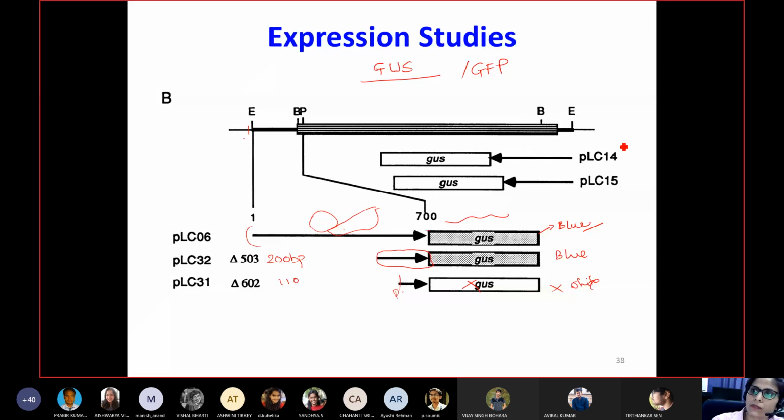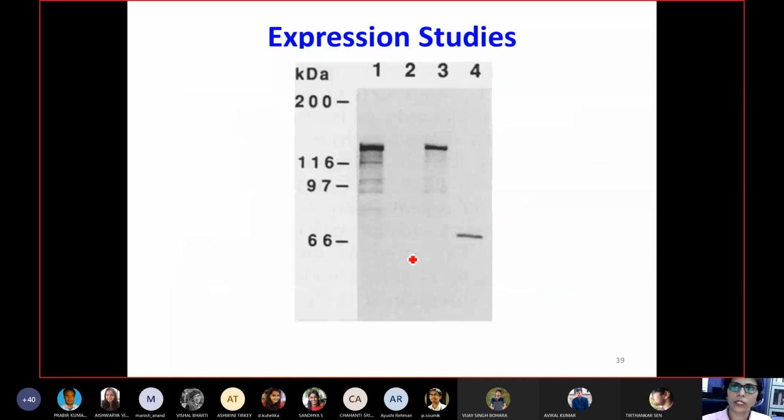And similarly, they did it from the opposite end, from the left side, and they were not able to get expression. So from these assays, they were prominently able to say that your ORF is from left to right, and then you have a significant area that is used as a promoter. So this was found, and later the protein expression also gave them a 122 kilodalton protein. As you can see here, this is the control where they have no expression, and the deletion mutants of these proteins gave them very small proteins. So from these experiments, they were able to say that this protein is expressed.